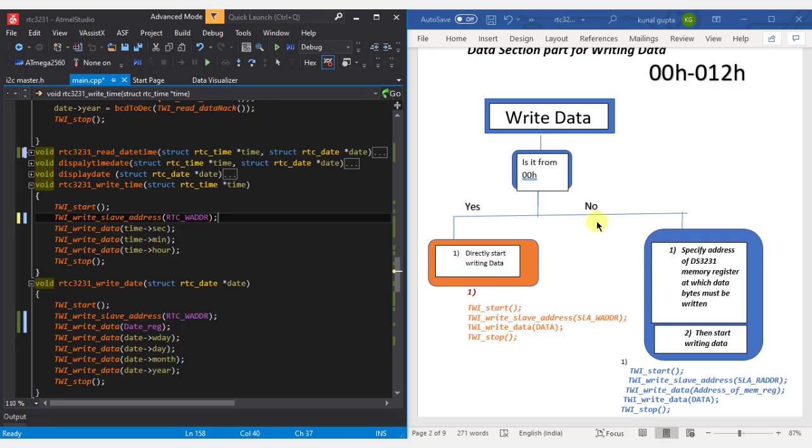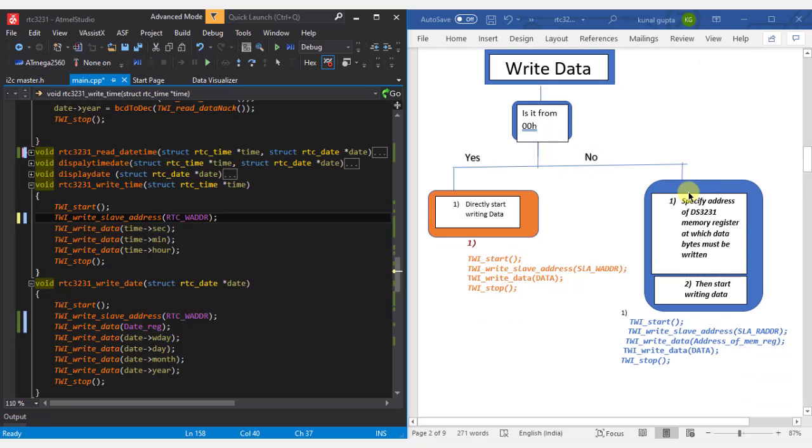But when we are not starting from 00h, we will specify from which memory register we have to start. So first we will write data specifying the address of the memory register that has to be written, and then we will start writing the data on those memory locations, and automatically after writing a single byte on a particular memory register, it will be incremented by 1.